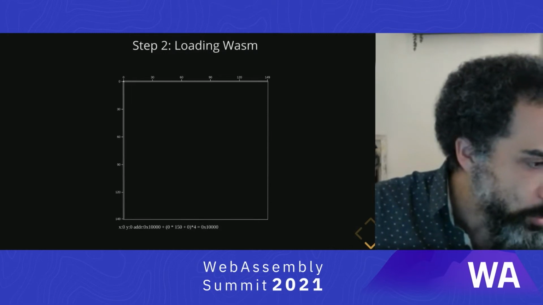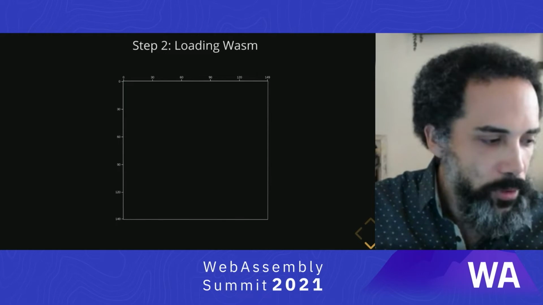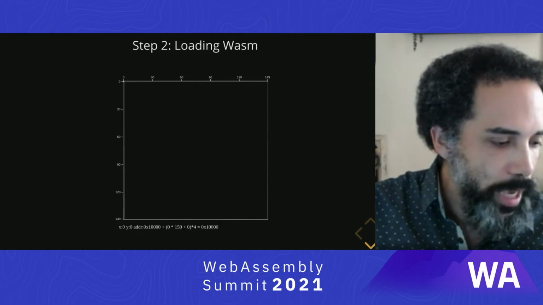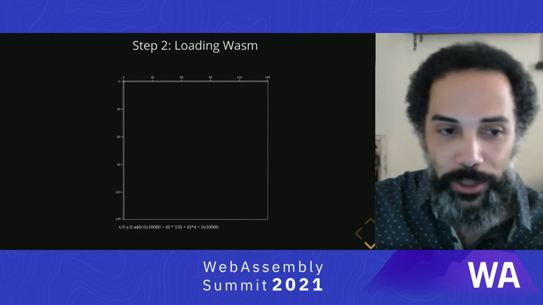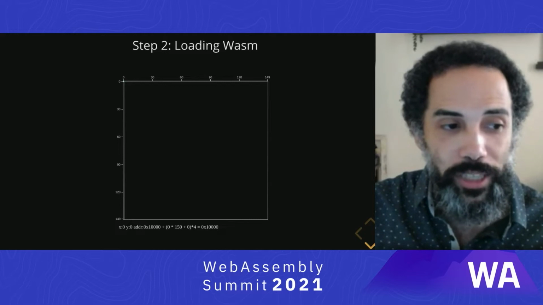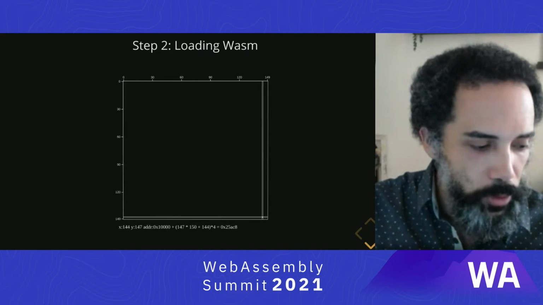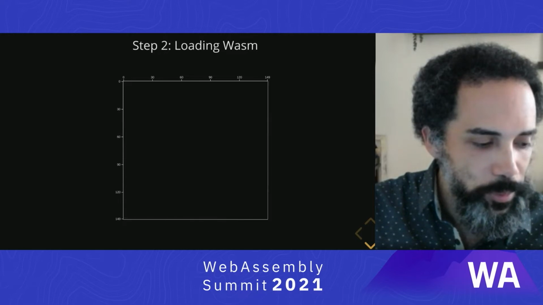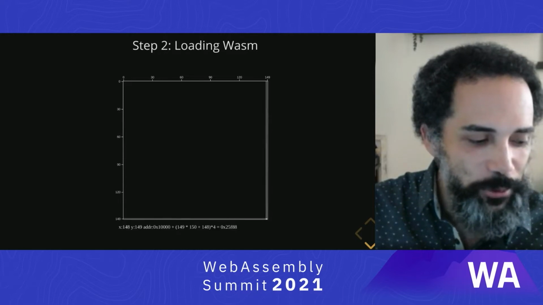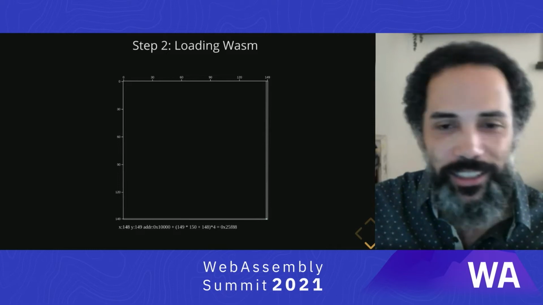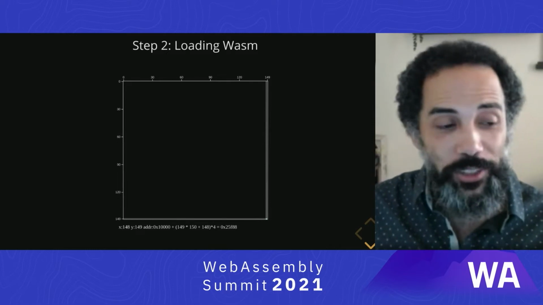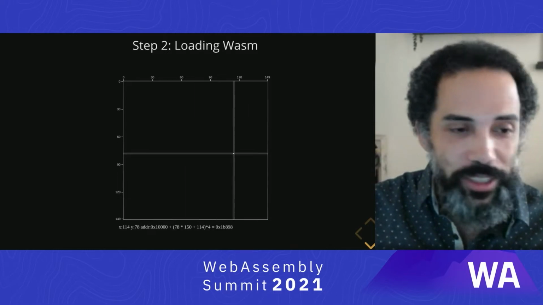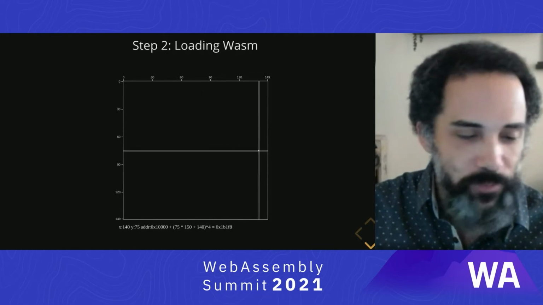So you can see up in the corner, we have the address here, which is 10,000. That's the address that we put our canvas data at. And in the bottom corner here, I can't quite get it, we have 25F88, and that's the end of the canvas data. So as you move around, you can see that the address is updating. Okay.